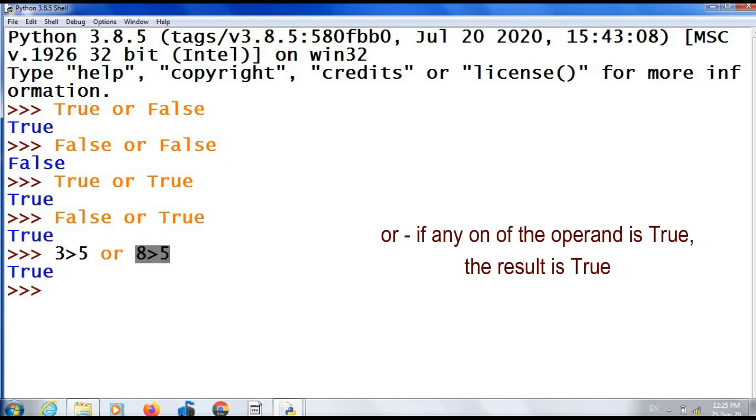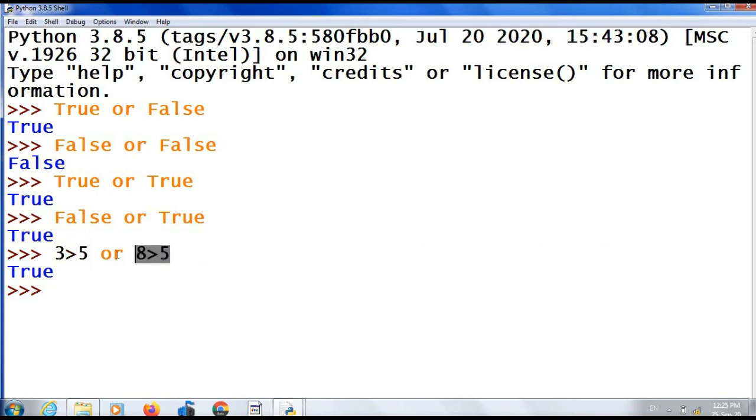That is, one operand is true, so the result is true. Just like the English meaning, this or that. And there is no need of brackets for 3 greater than 5 and 8 greater than 5 because relational operators have higher precedence than logical operators. So first it will evaluate the relational expressions, and only then it will do the OR operation.